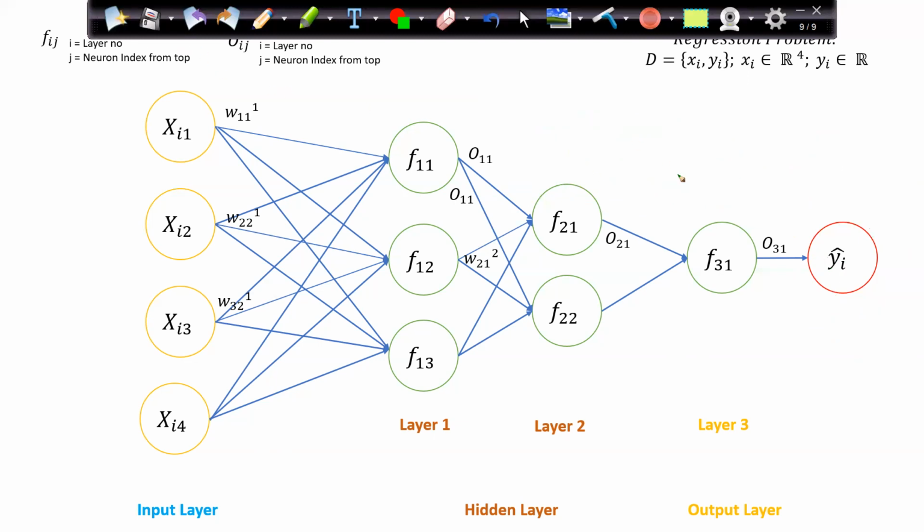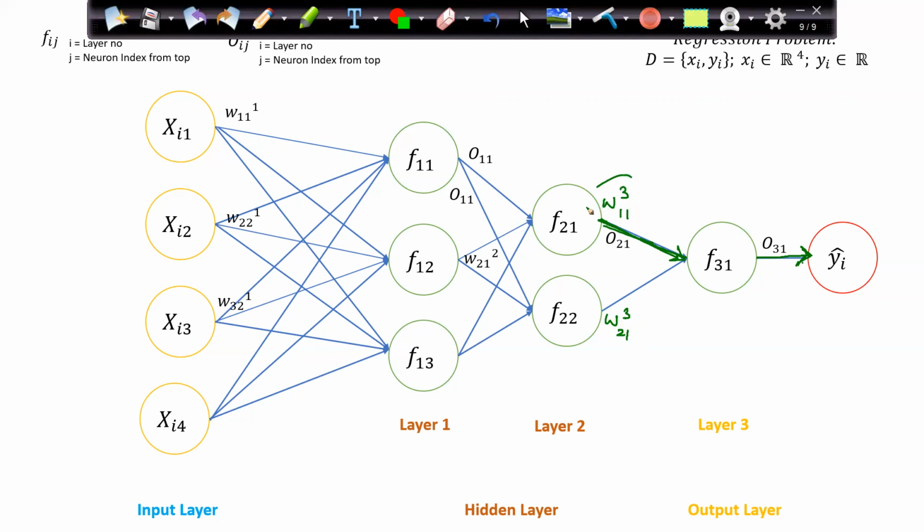Now let's take it step by step, because here we have to update lot many weights. So we'll have to go step by step and try to understand what's going on. For example, let's take only this part as of now, this flow. This is my W311, right? This is my W321.